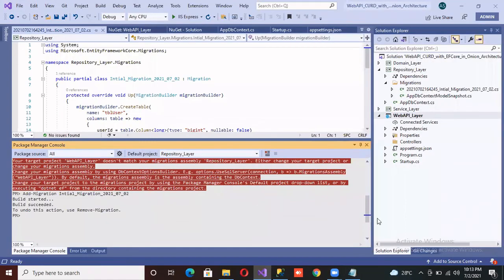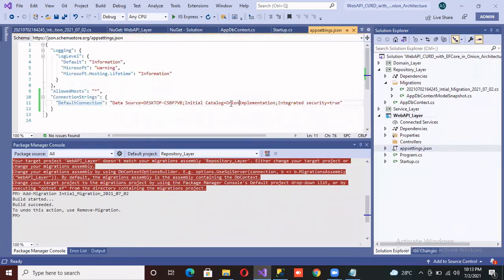Okay, so I'm just going inside my connection string and giving the name here. It's new DB, new database underscore. I'll give the name with the date, 2nd of July, and save it.